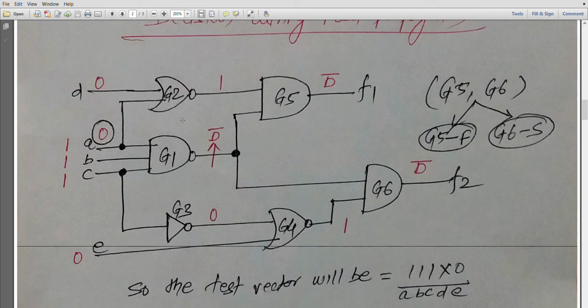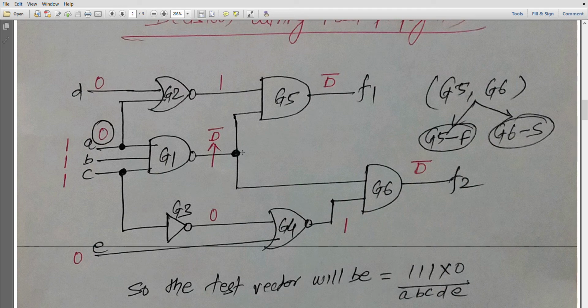Okay. Now suppose this line here, this line D bar, is representing a fault. I already told you in the previous page that D bar is nothing but the stuck at 1 fault. In order to propagate this stuck at 1 fault towards the primary output, there are two primary outputs, F1 or F2. We can propagate it to F1 and we can propagate it to F2 also. Now we have to see what logic will give me the correct test pattern and correct value, so that I can say that my test pattern generation is very good and it can test the fault in this particular circuit. Okay, so we will see that.